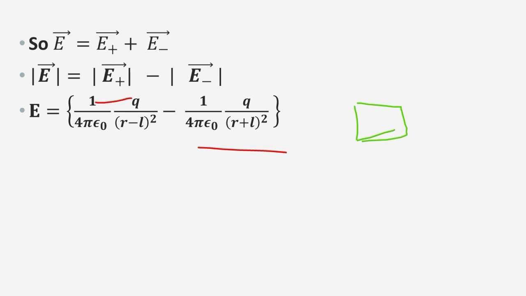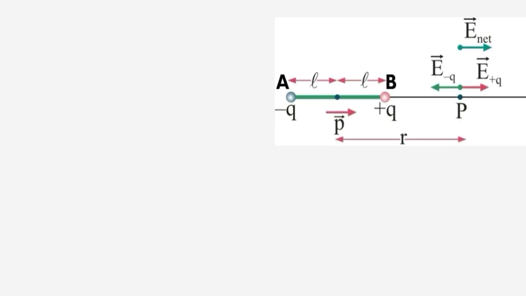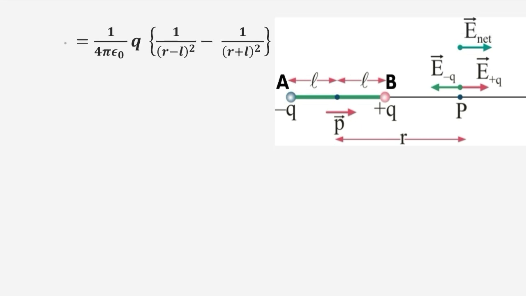Okay, then what is the common in these cases? We are taking q common, 1 by 4 pi epsilon 0 will be common. Okay, that's why we are taking 1 by 4 pi epsilon 0 q common. By taking it common, I shall be reduced to 1 by 4 pi epsilon 0 and q. I have taken it common, that is 1 by r minus l whole square minus 1 by r plus l whole square,